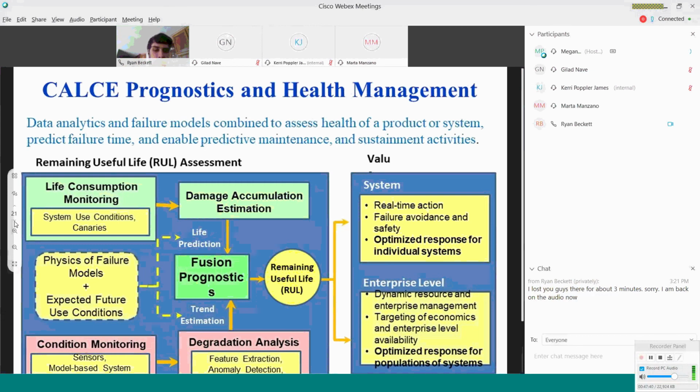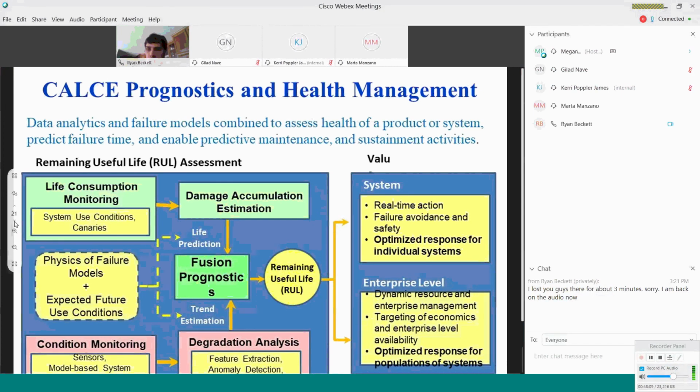And by the amount that the performance goes down, we can determine how much longer that part may last before it's going to fail. A simple example of this is in fans. If a fan is running very smoothly and makes very little noise, you know the fan is in good shape. When the fan starts to shake and rattle and make a lot of noise, you know that the bearings are starting to go bad, and pretty soon the fan's going to die. So that's a simple example of what we're doing.